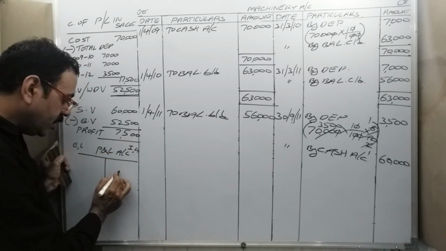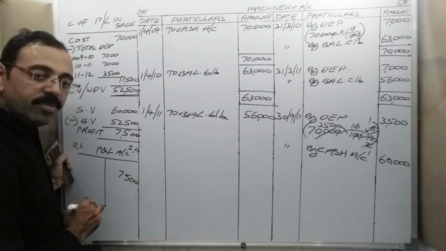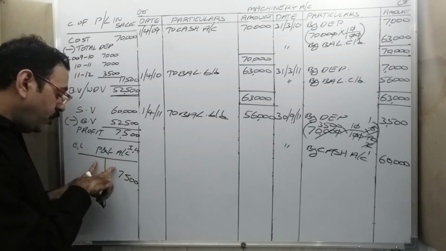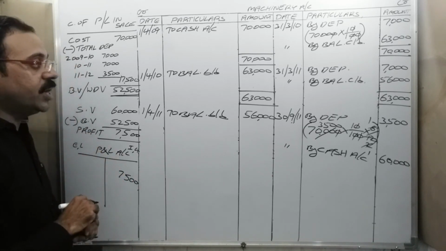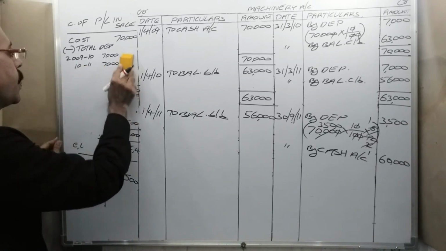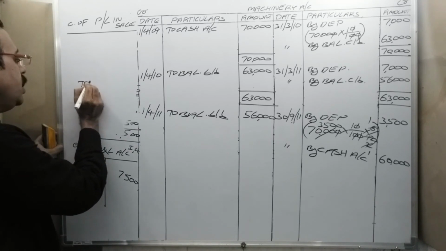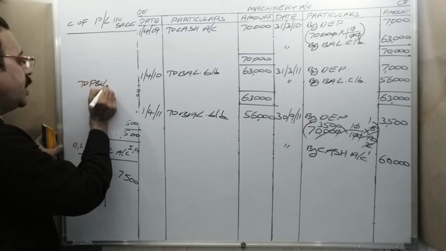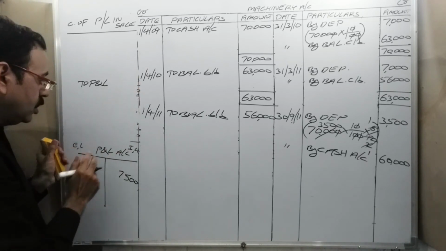It should be in credit side, no? 7,500 means what? If you want to post 7,500 in credit side of P&L account, in journal entry also, beside profit and loss account should be there in credit side. Amount is